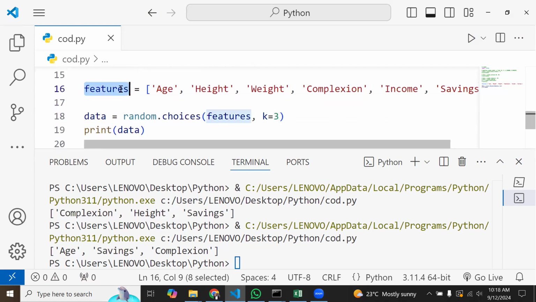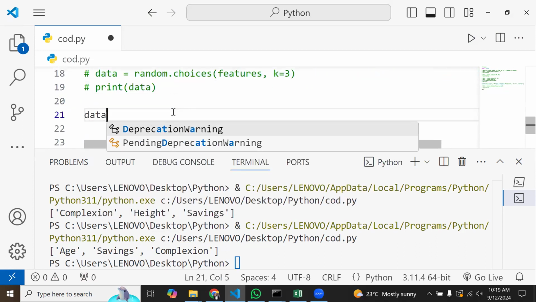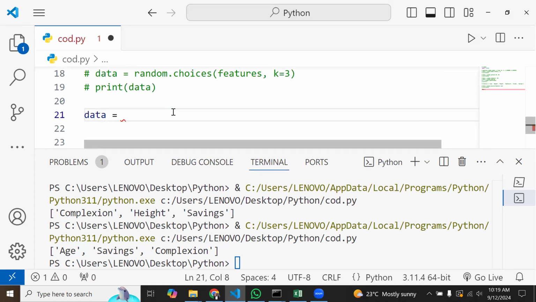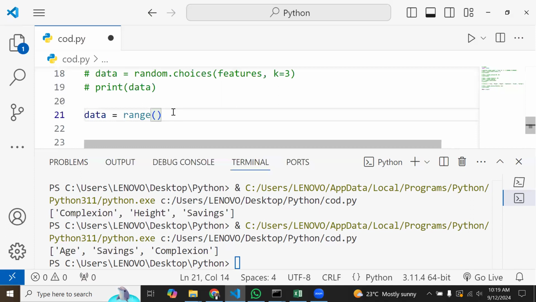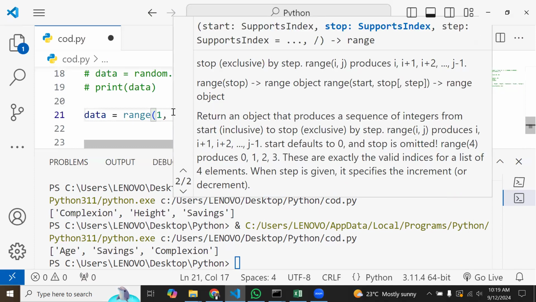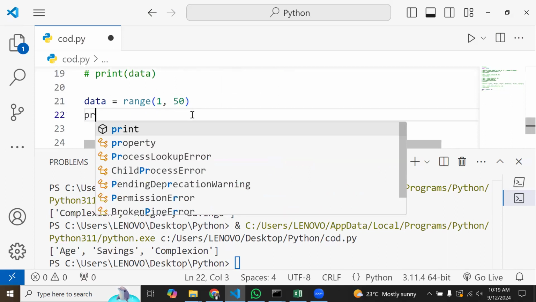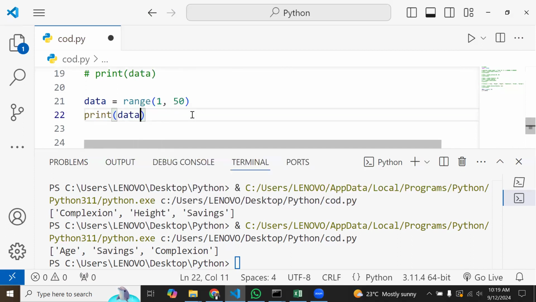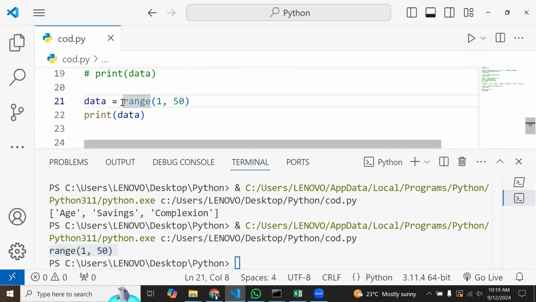Let me have data is going to be equal to, let's use the range method. Within range, let's say we are starting from 1 and ending at, let's say, 50. And if I print data as I currently have it, then certainly it is not going to give me what I want, okay? It is just printing this as I have it for me, but then I want to do a typecast of